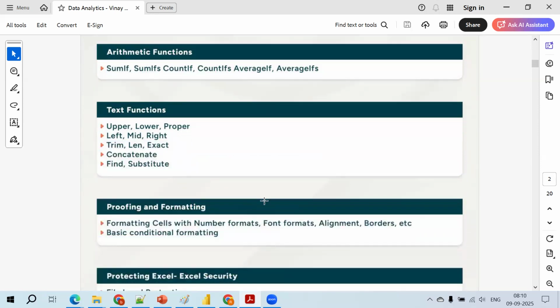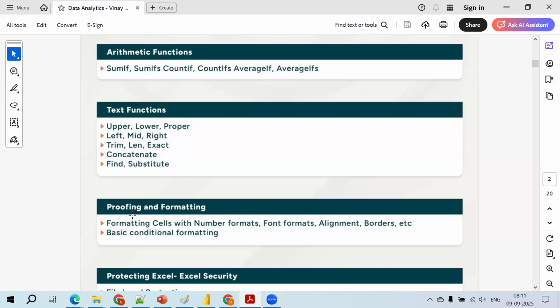Proofing and formatting. See, in most cases on a daily basis, I use Excel very predominantly because I get the data in the form of Excel provided by MLOs, mortgage loan officers in my organization. So we need to go with the proofing of the data and formatting it. Finally, we have a word called DQS, data quality services. The data which is available in the Excel should be fully formatted. Quality of the data.